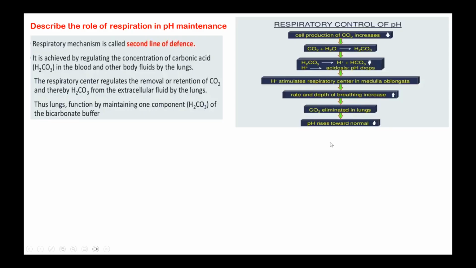So this is the chain of events. Cells produce carbon dioxide by their metabolism. Carbon dioxide combines with water to form carbonic acid that dissociates into hydrogen and bicarbonate, and it stimulates the respiratory center. If there is acidosis, the excess hydrogen ions stimulate the center in the medulla because they can diffuse through the CSF. The rate and depth of breathing increases, CO2 is eliminated in the lungs, and pH rises towards normal. So this is the sequence of events that will happen if there is an accumulation of acid in the blood